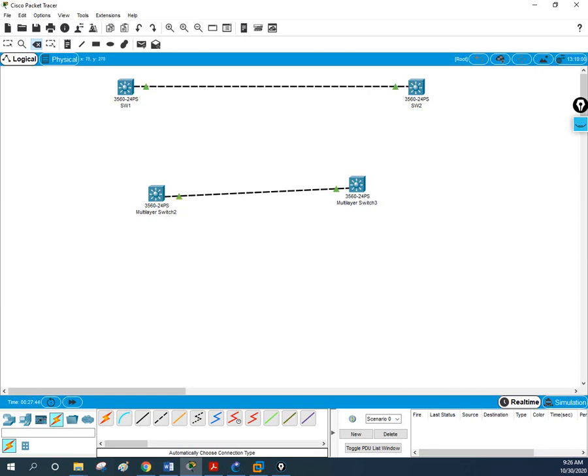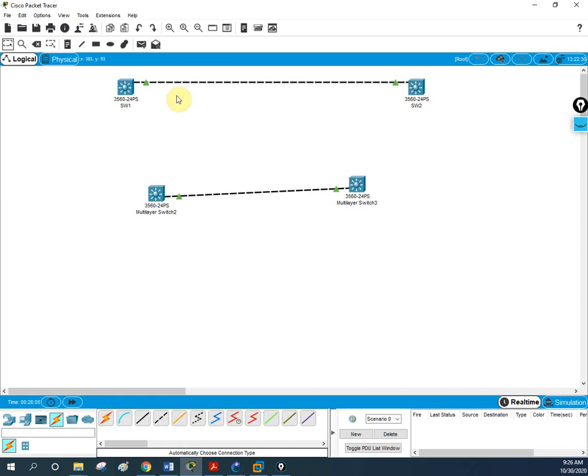And if you want, let me take another link and connect it here. See, automatically this link goes down. As an example, if I delete the link below, see how fast it becomes green, because the upper switches are running rapid spanning tree, that is RPVST, rapid per-VLAN spanning tree.